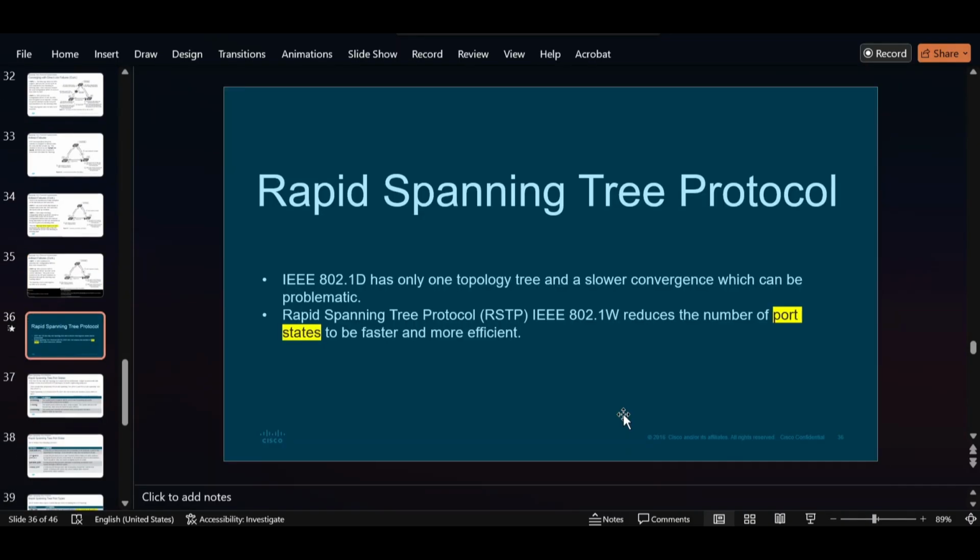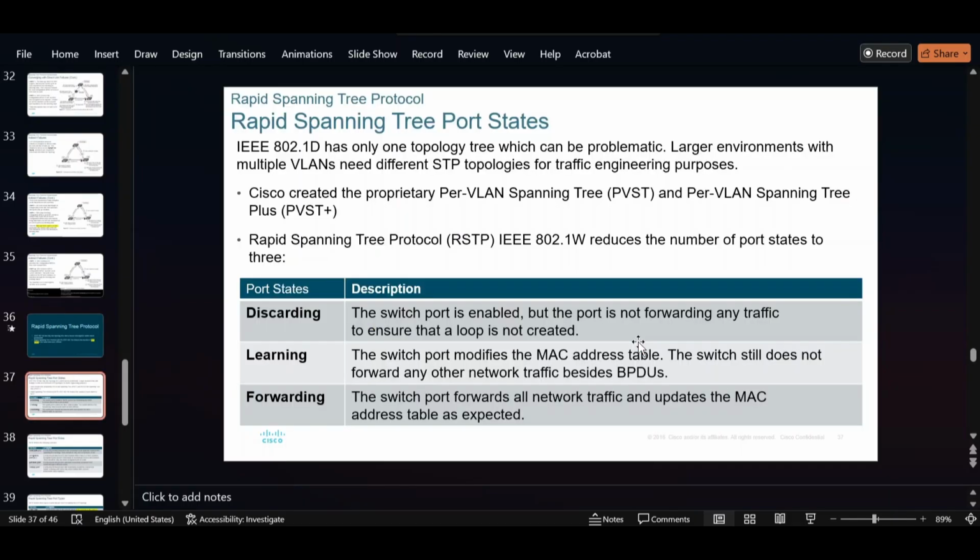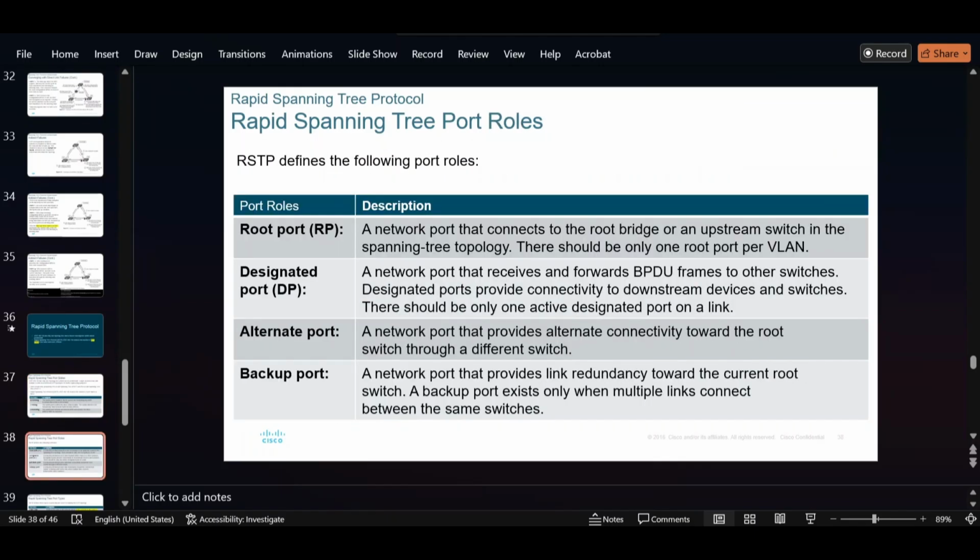Now we are done with the fundamentals. Now we can start with RSTP. RSTP makes the port states faster, so it is just about how fast you can go to the forwarding state. Discarding, learning, and forwarding will be the port states for RSTP. And the same thing,